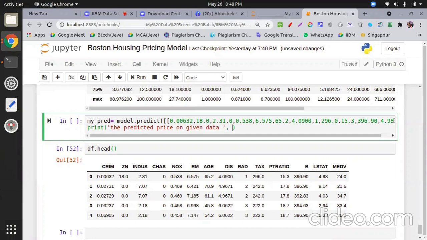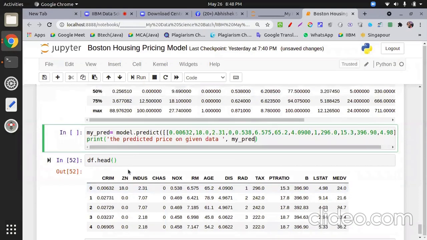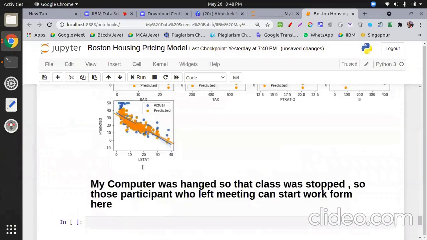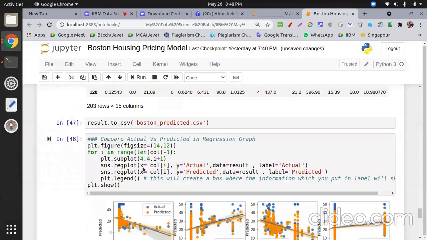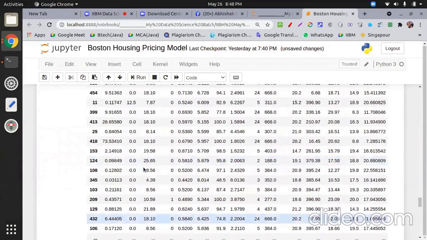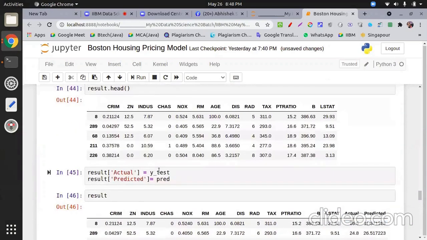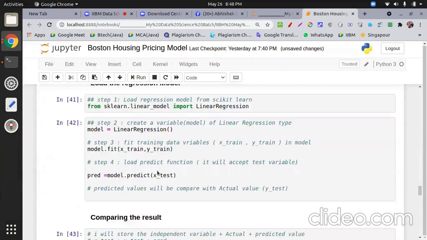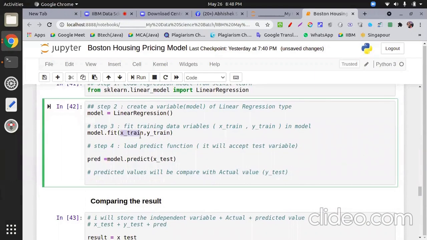Sir, why are we using the double square bracket in the predict function? Dear, this is the format you train the predict function on. The predict function accepts two-dimensional data. X train and Y train are in data frame format, and a data frame is two-dimensional data.